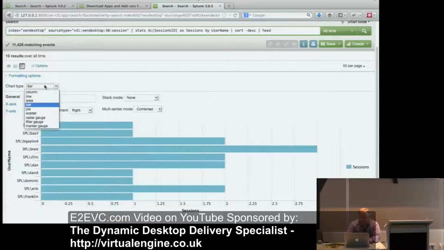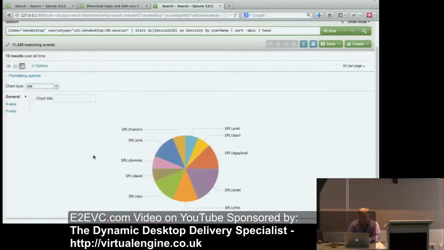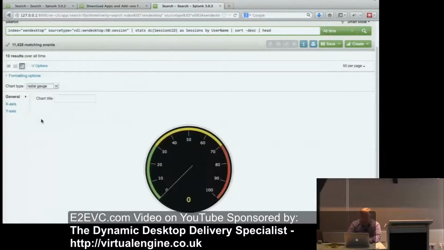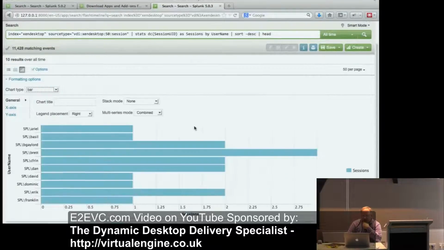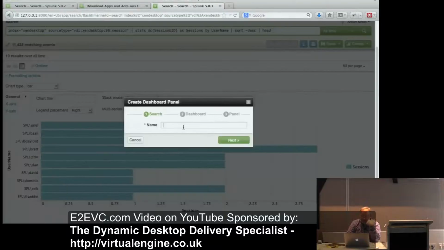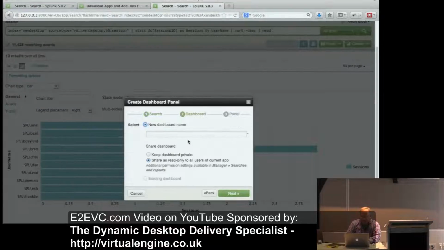I'm going to call this cool stuff. New dashboard. This is going to be my overtime demo. If you want to be the only one that sees the dashboard, you can keep dashboard private. If you want to share it with everyone but read only, so they can't change it but can look at it, you can. You can actually give everyone access to change it too, but you wouldn't do that here. We call this panel, and we're going to call this